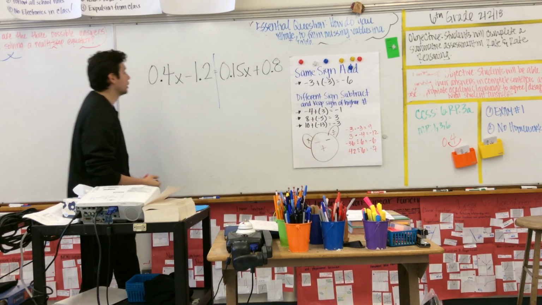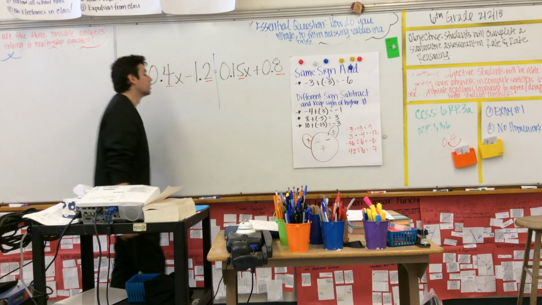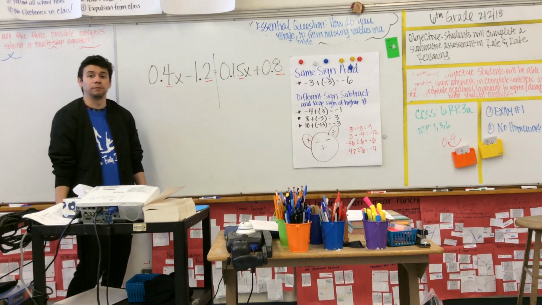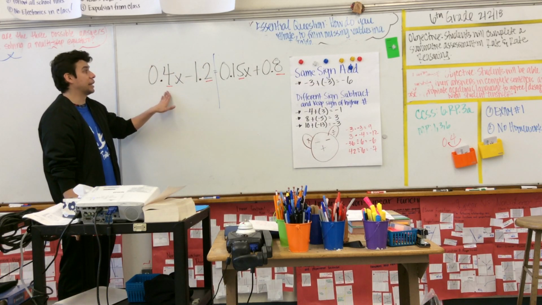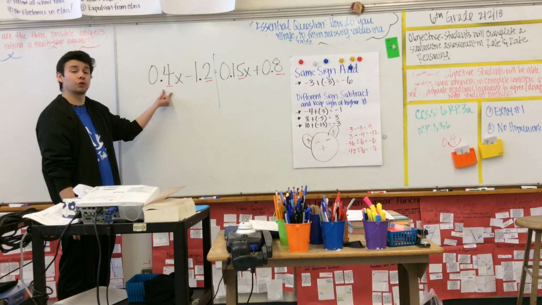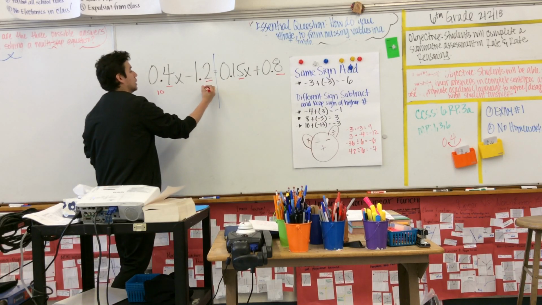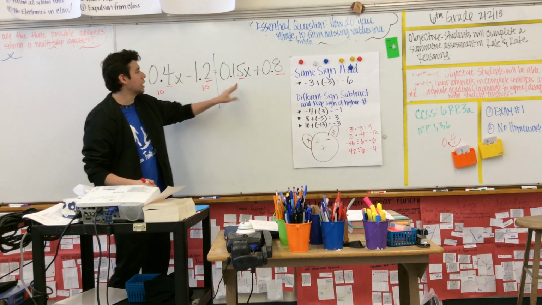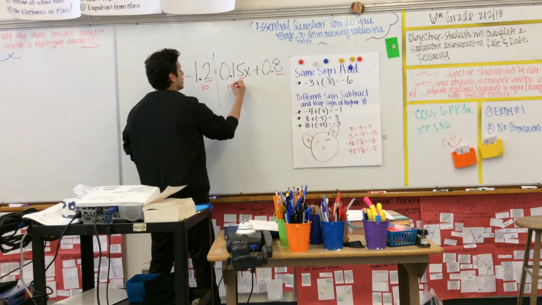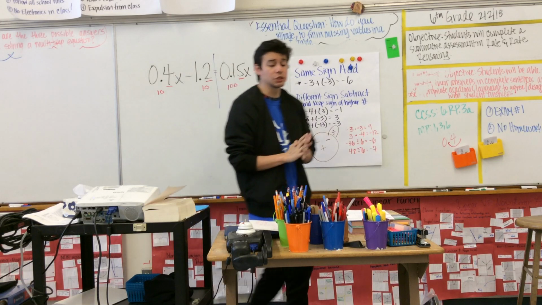What I do first is I look at the last digit in every number. The last digit in every number. Okay, so that's the last digit of each number. And then I ask myself, what place value is the last digit? Well, this one is in the tenths place. This 2 is also in the tenths place. And this one right here is in the hundredths place. And that one's also in the tenths place. What you want to do is